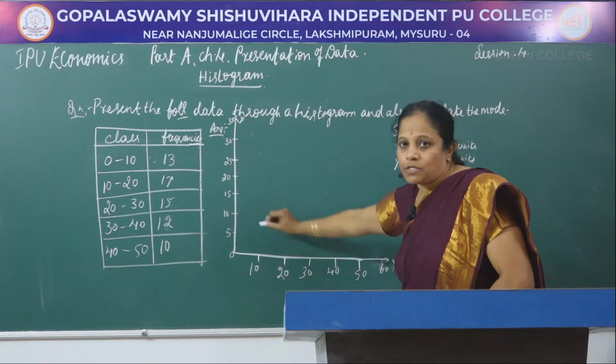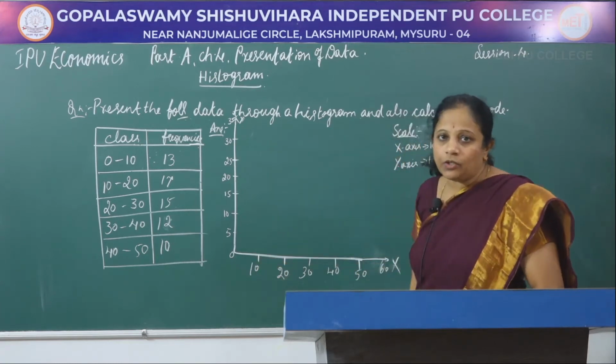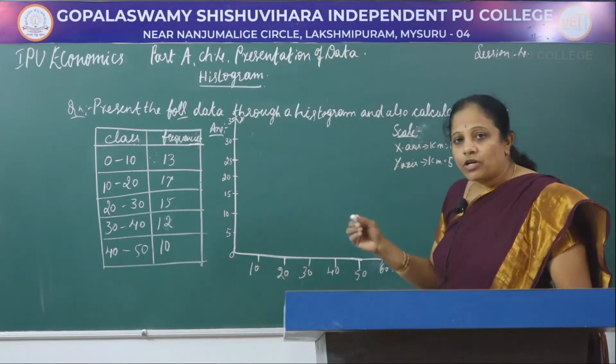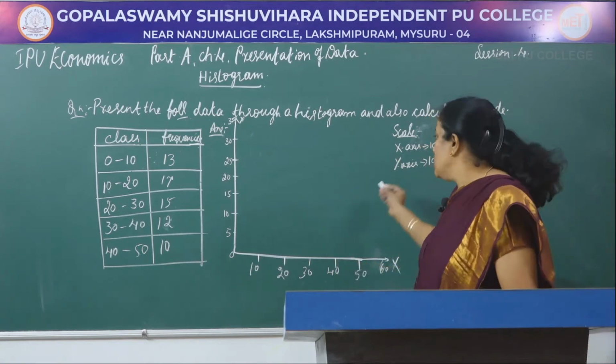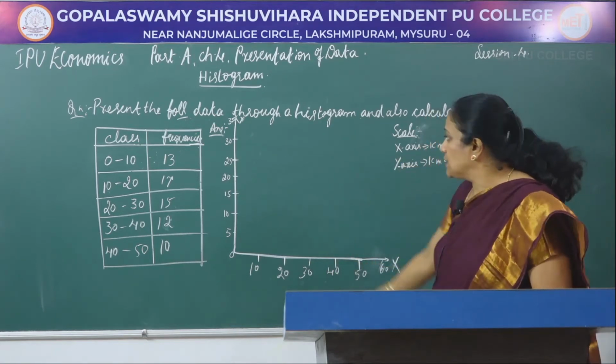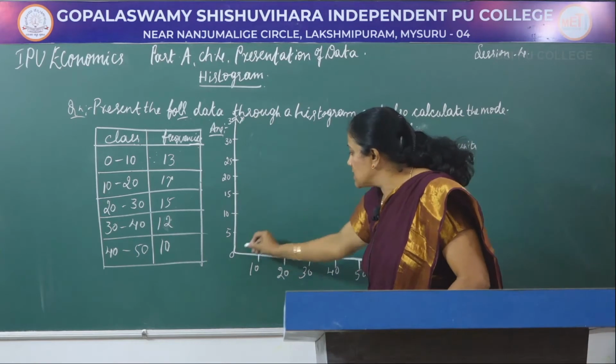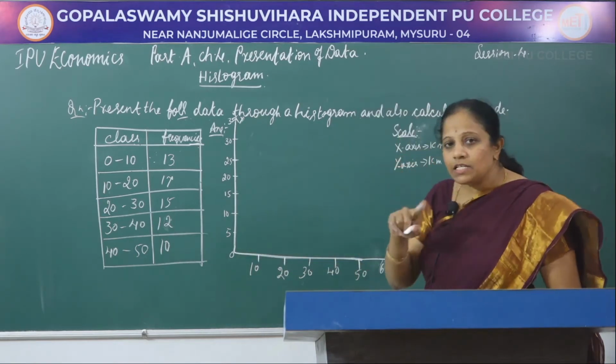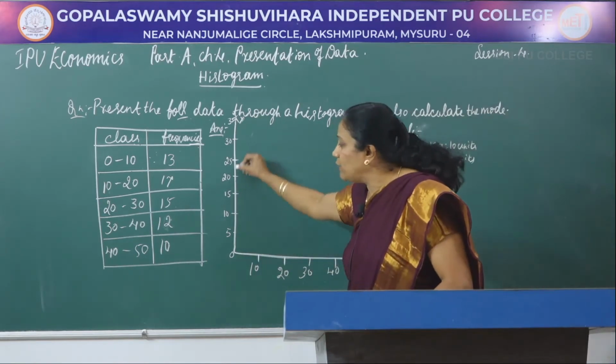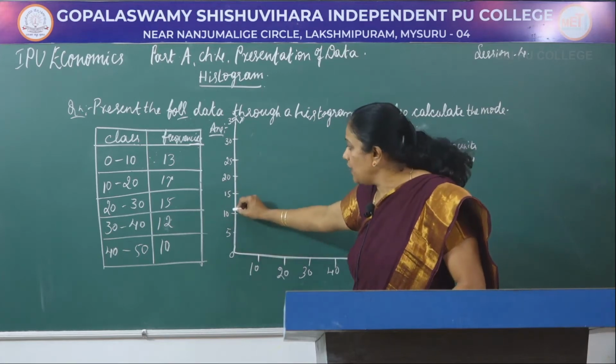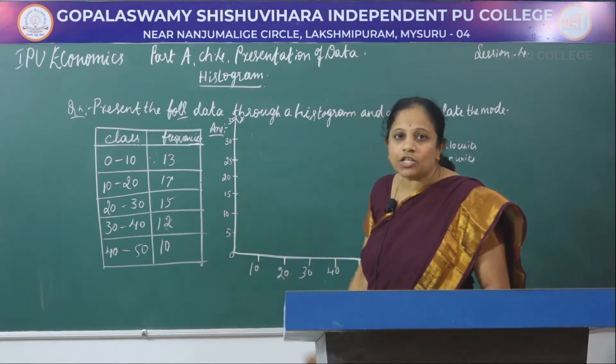It is just an approximation. I am not drawing it according to the scale, but when you are drawing, you should draw it according to the scale. On the y axis, 1 unit or 1 centimeter is equal to 5 units, so you can see 5 equal intervals after each number.